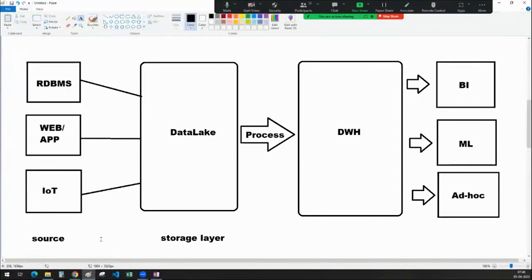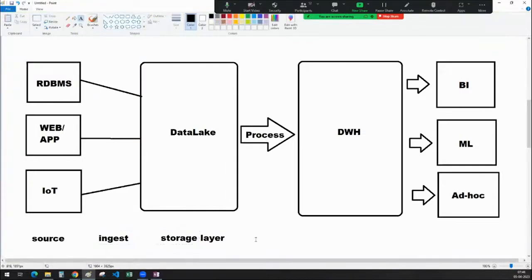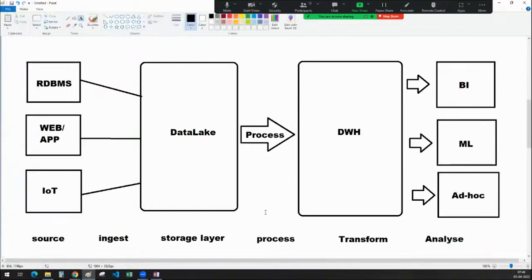Here we are doing ingestion, collecting the data, and then we do processing. In the data warehouse, we are trying to transform or analyze the data, and finally analysis.